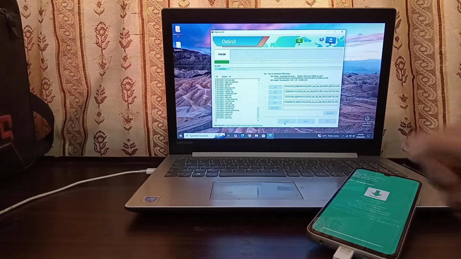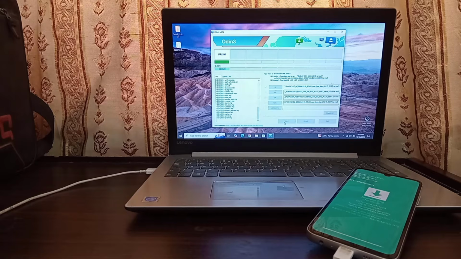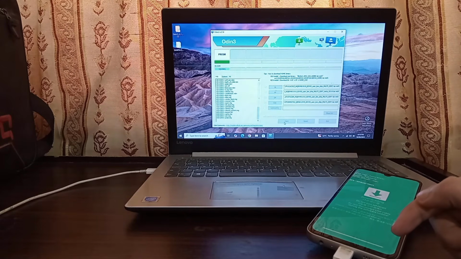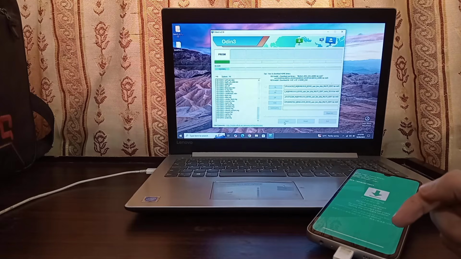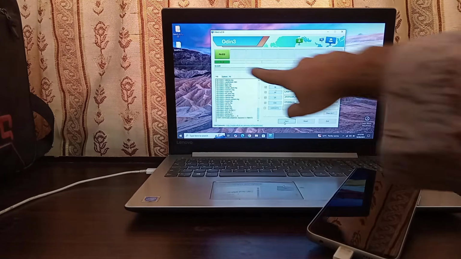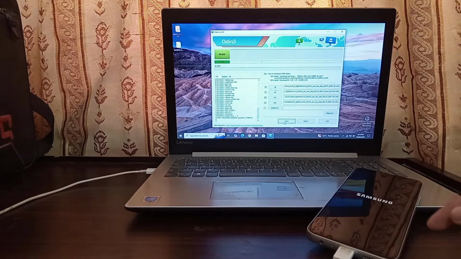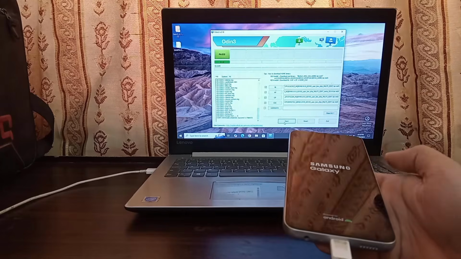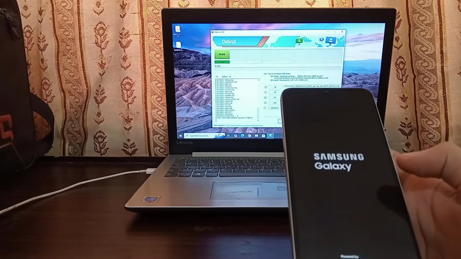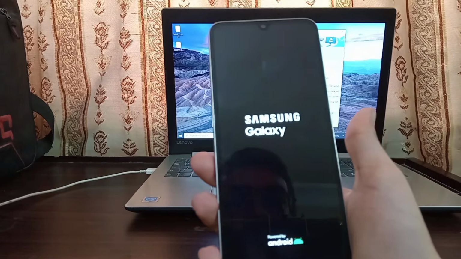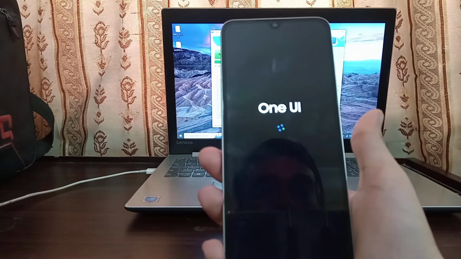So as you can see, it's just about to complete. You can also see the line on our phone. And there we go, pass, which means it's completely done, and now the phone is restarting. Do not remove the cable right now. After the phone erases the previous firmware, then only we can remove the data cable. So now it's erasing,